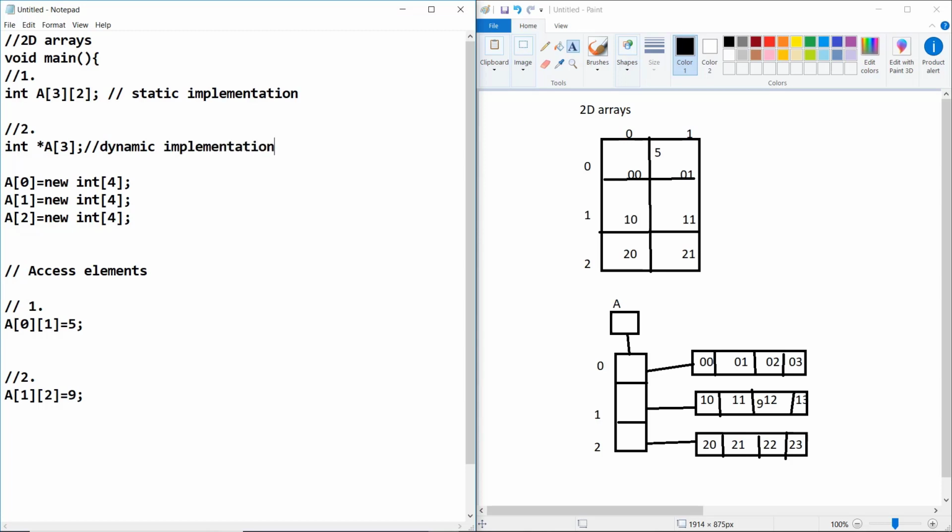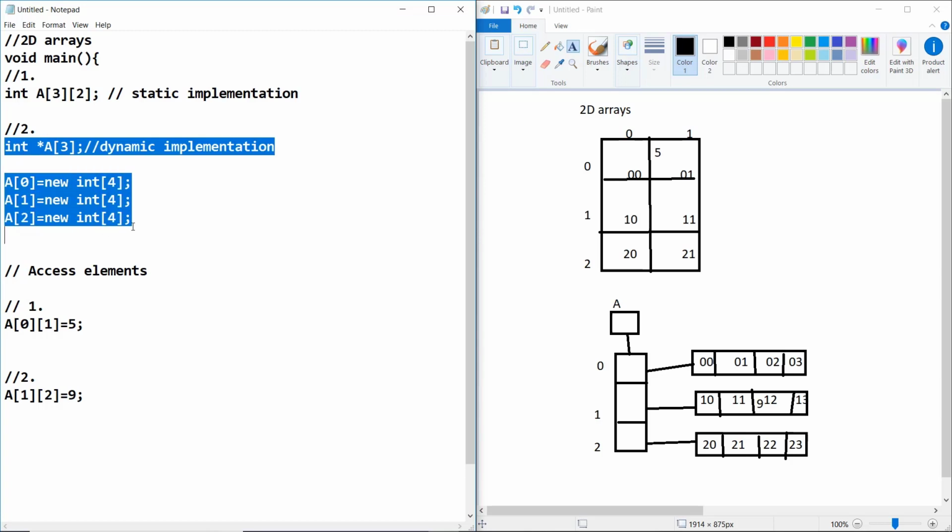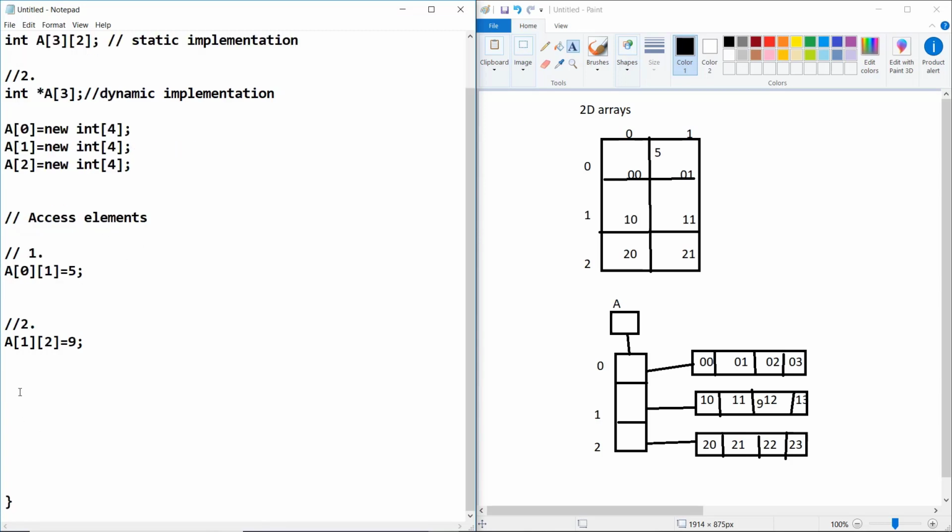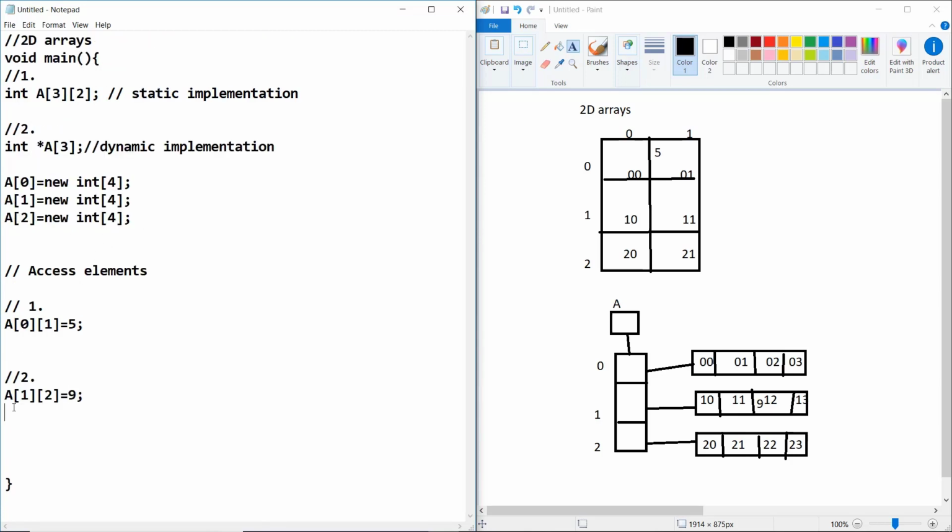One is at compile time and the other at runtime. You all know these things. This is how you can access the elements. In the next section we'll see the hands-on of these two things, how it actually works. This is it for this section. We'll see you in the next. Happy data structures.